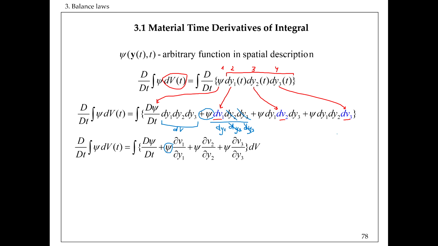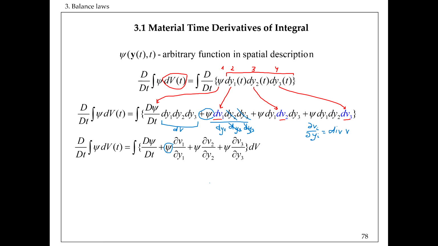that will be nothing but, we can write it in index notation, right? Because there is this summation, so we have these three terms, but this is nothing but the divergence of v, right? So we can write that as our divergence operator of v. So that's how we define the divergence operator. And again, d is small, meaning the divergence operator is a differential operator taken with respect to the current configuration y, coming from